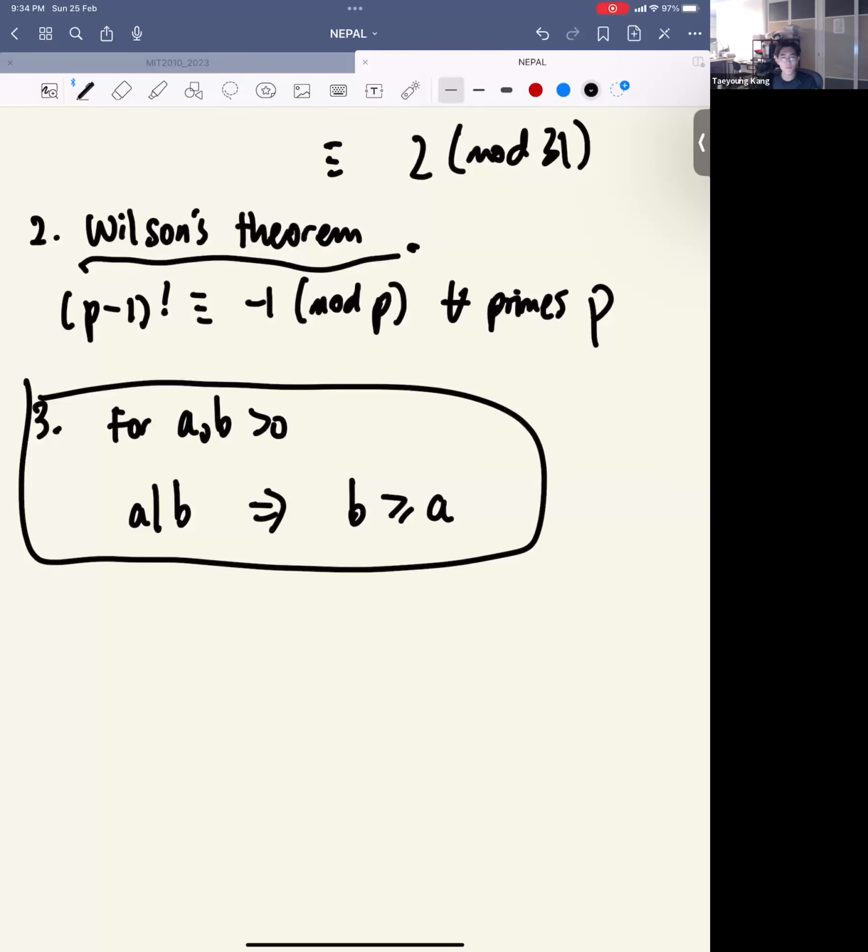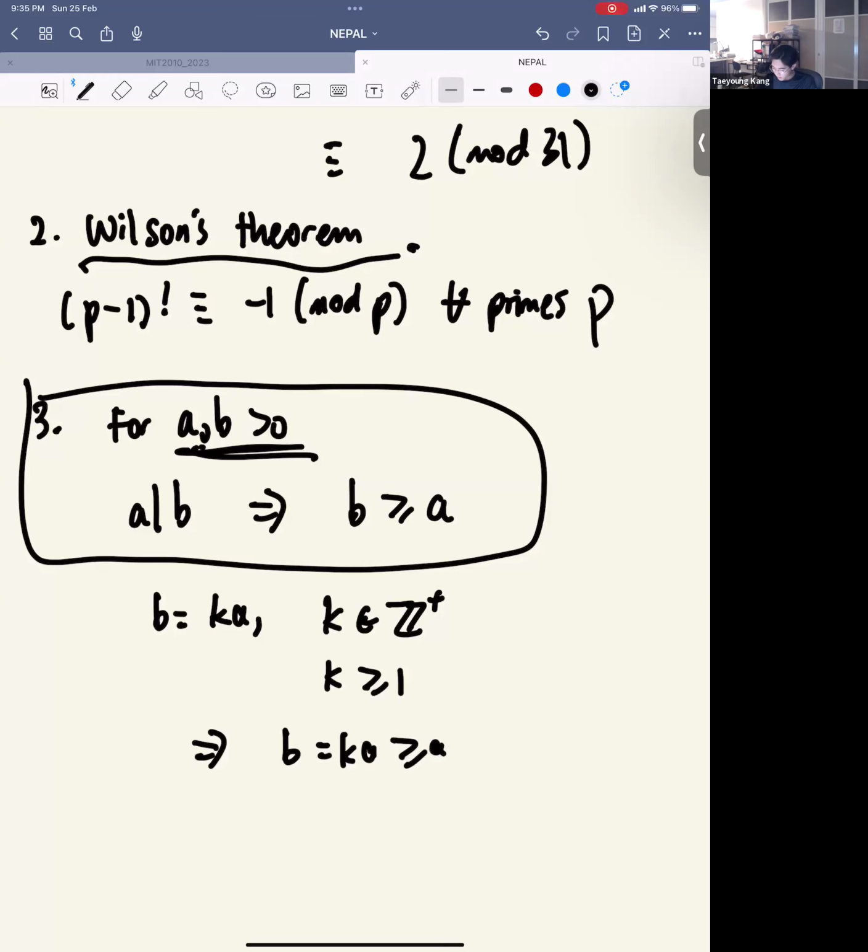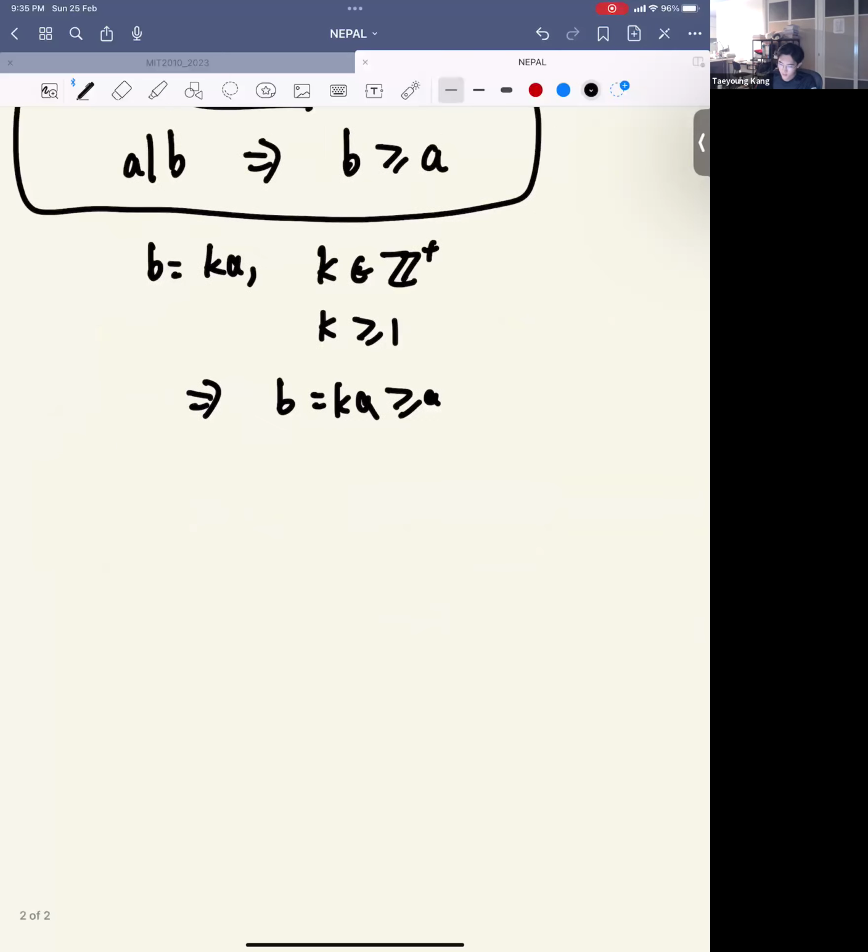A basic proof of why this is true is because if a and b are larger than 0, we can write b equals ka, where k is some positive integer. And since k is larger than or equal to 1, it means that b equals ka, which is larger than or equal to a. This is a very obvious condition, or very easy to prove, but it's not very easy to think of using when you're trying to solve the problem. And the last fact is